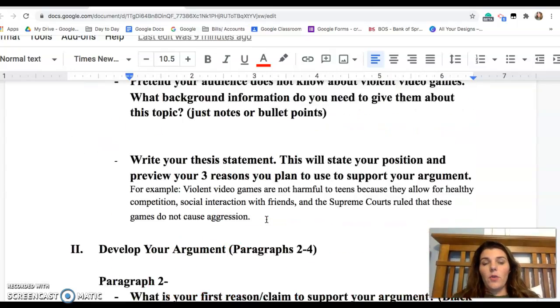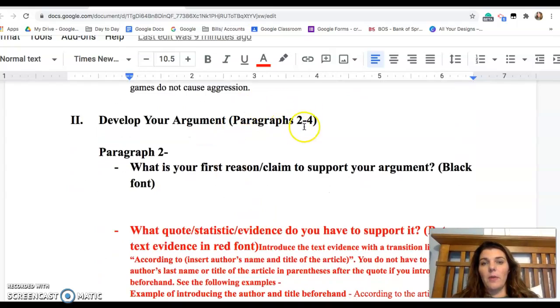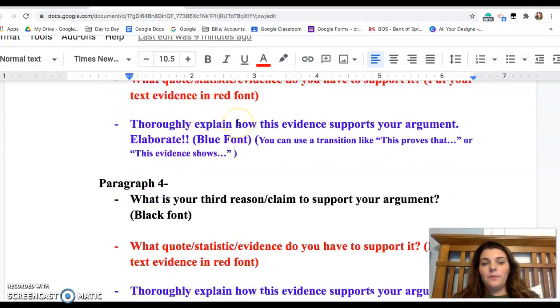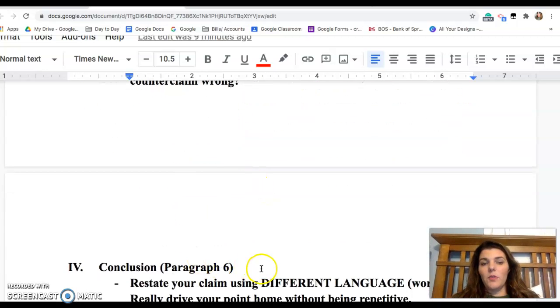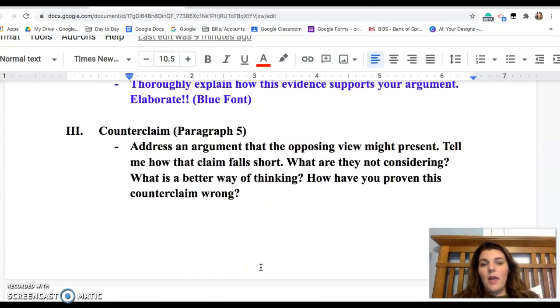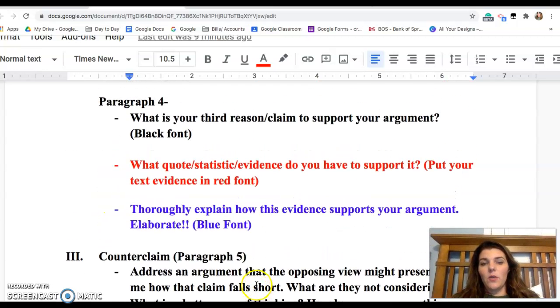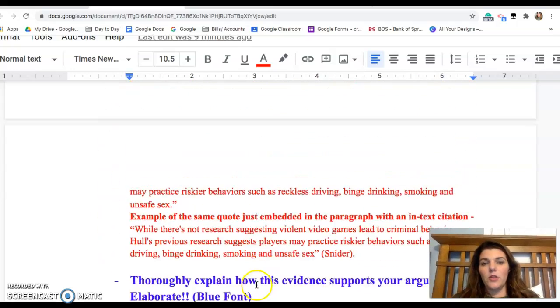Again, there's 4 sections. There's the introduction, that's paragraph 1, the development of your argument, paragraphs 2 through 4, the counterclaim, which is paragraph 5, and then the conclusion, which is paragraph 6. Everywhere that there's a dash, that means you need to be writing underneath of it. There's only a couple of places that I said that you could have bullet points. Otherwise, I need you to actually